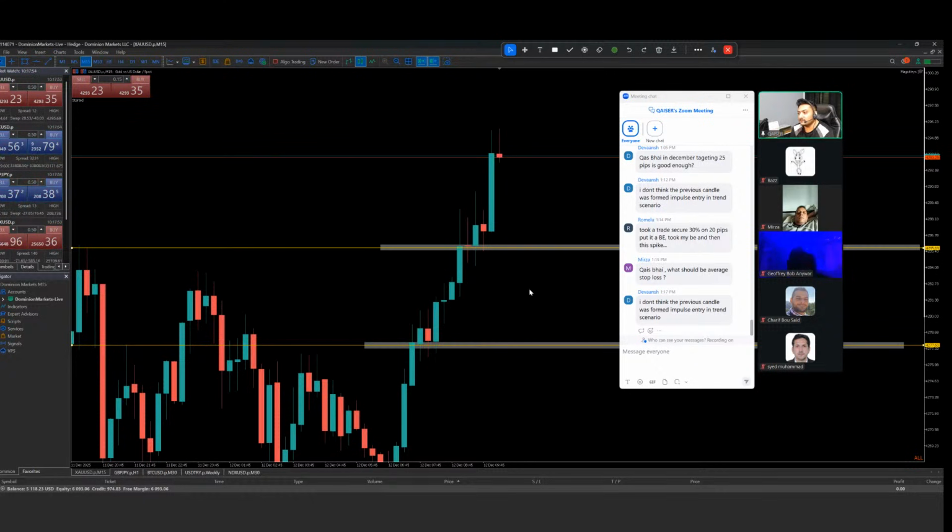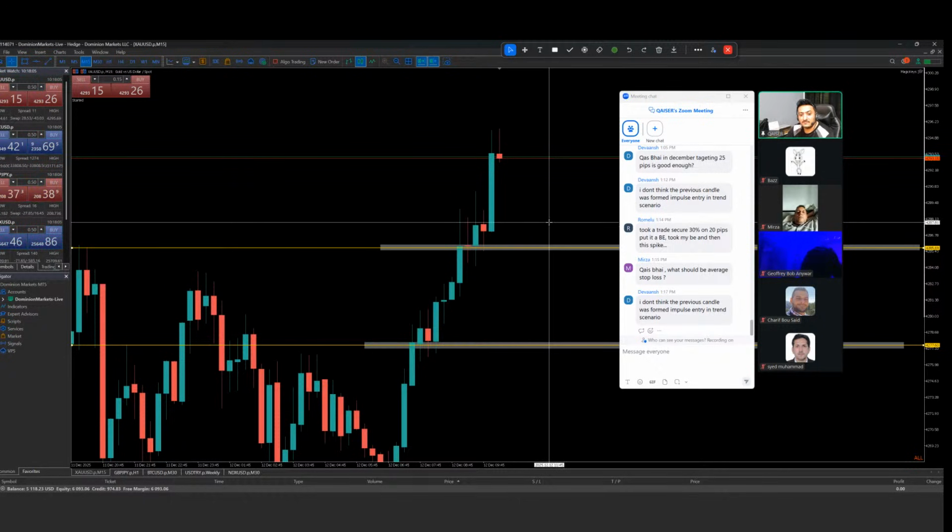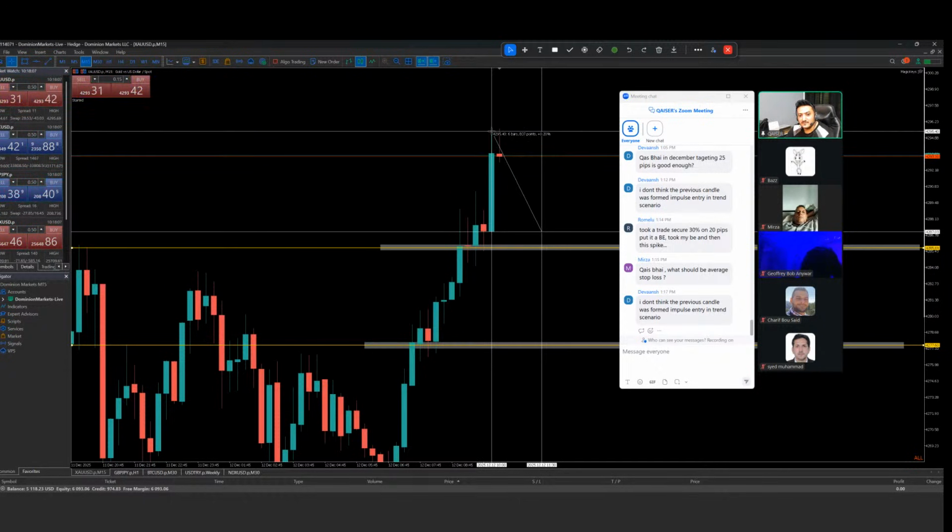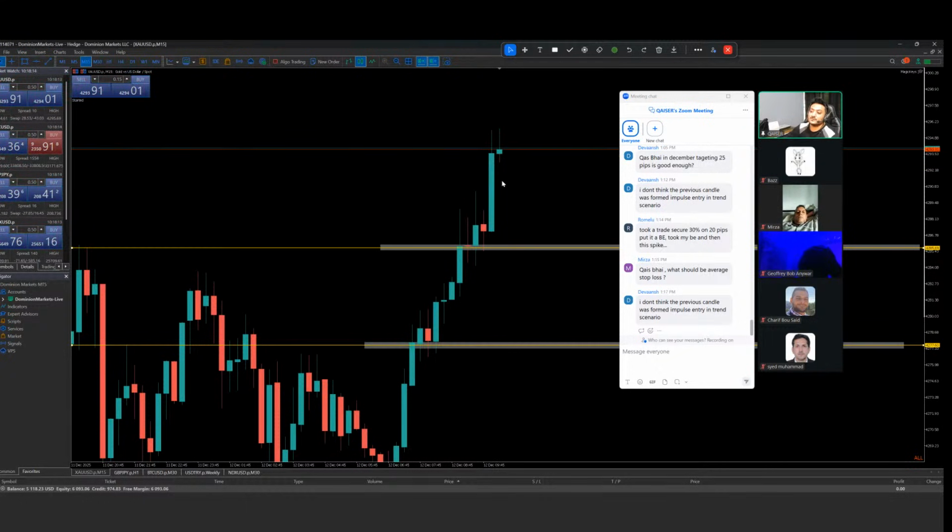But these days, for the last six, seven months, we are continuously getting a huge volume in this industry. A single 50-minute candle can easily move 100 pips. Look at this candle, this 50-minute candle moved 80 pips. So these days you need to give some breath to your stop loss. Before, if you were using a 15, 20 pip stop loss, now the normal stop loss becomes something like 35 pips, 40 pips.